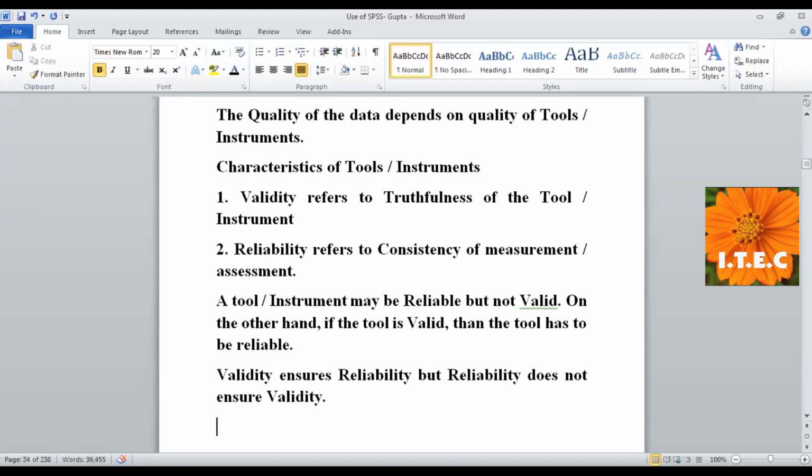So now one question may come to the mind, that whenever you are developing the tool,